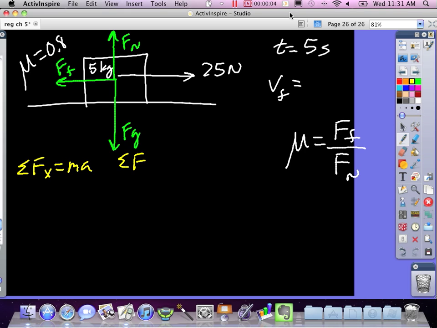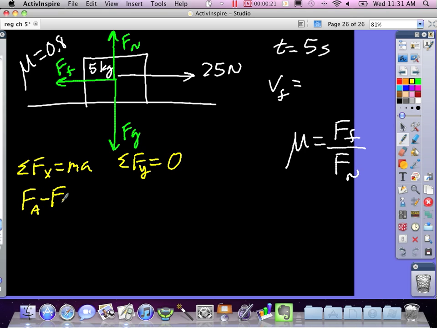All right, so first I do the force diagram here, making sure my forces are there. Then I go to some of the force statements. In the y, I'm assuming it's 0. In the x, I actually don't know if it's 0 or not. So that's why I'm going to put MA. I'm not sure. So I'm going to say